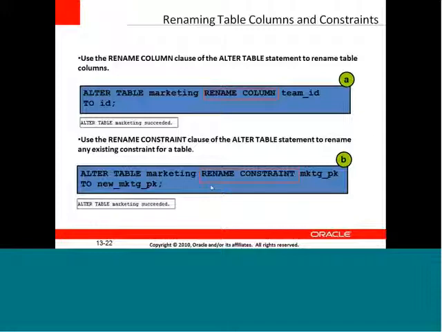See, suppose I'm going to do the changes to the column, then the column name will be changed. But here, consider that the column name is marketing ID. Marketing is a table, marketing ID is the column name. And for that marketing ID, being a column which is considered to be a primary key, I have got a constraint name as marketing PK. The constraint name will be changed, but the column name won't be changed. Won't change. Okay. But if I mention column, then the column name will be changed. Okay.